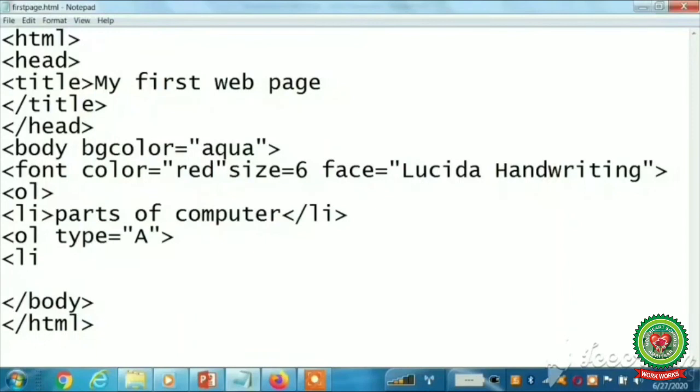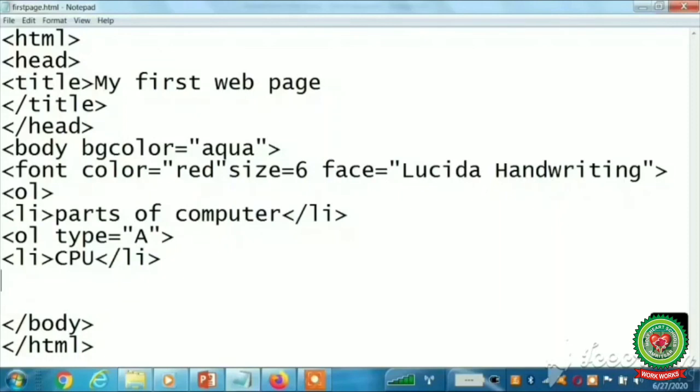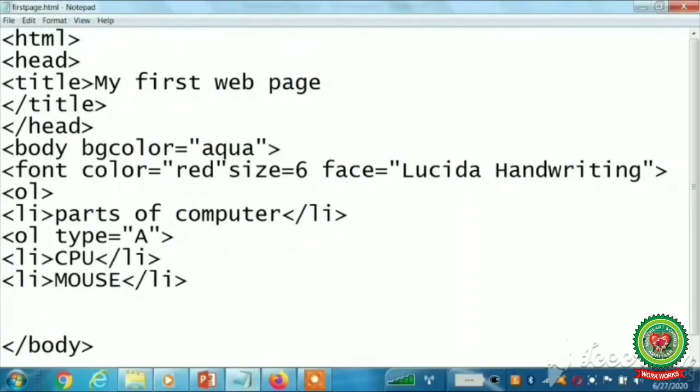Now the list of items I will write with li tag. Like here I have written the first part CPU, then li close, then I have written the next part with li tag, that is mouse. Again I have closed the li tag, and again I have written the next part like keyboard, and I will close the li tag.